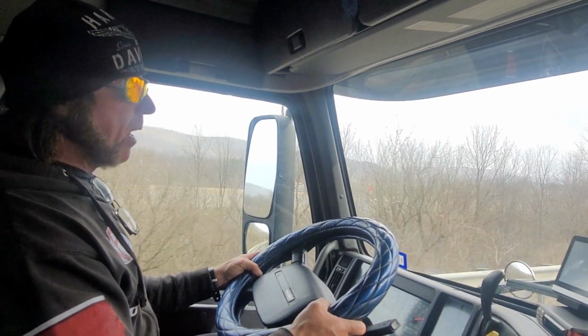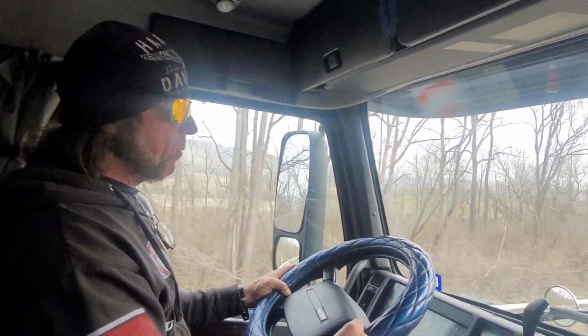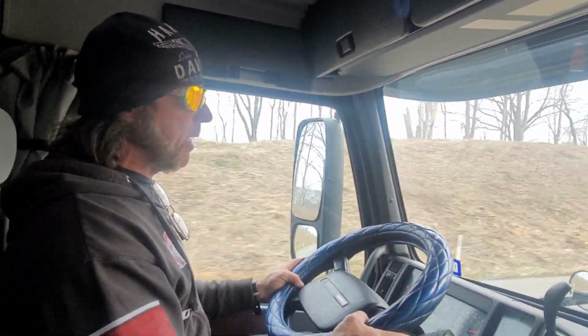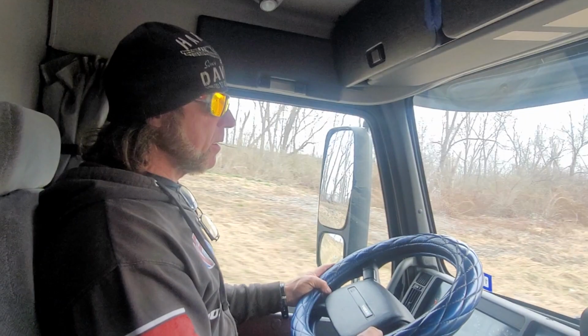Oh yeah, you can smell the brakes when you come down a steep hill. If you use the brakes on the 1-ton truck, you can smell them burning. We have not used the brakes. We haven't needed to use the brakes. If I did, it's just because I forgot I got a Jake brake, just out of mere habit, or if I was in city traffic. But